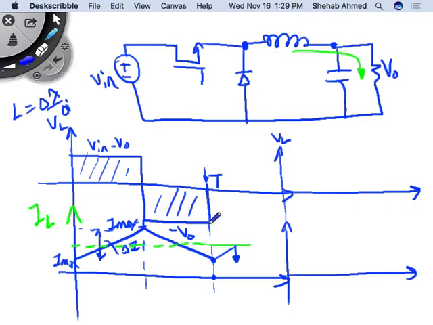The voltage does not change. I will always have Vin minus Vout for a specific Vin and a specific Vout, right? Fixed Vin, fixed Vout. This waveform, the voltage across it, will never change. So the area here will never change, right? Since this area is not changing, the ripple will remain the same if I have selected an inductor based on this ripple current. So the ripple will remain the same, and I will end up with this is my